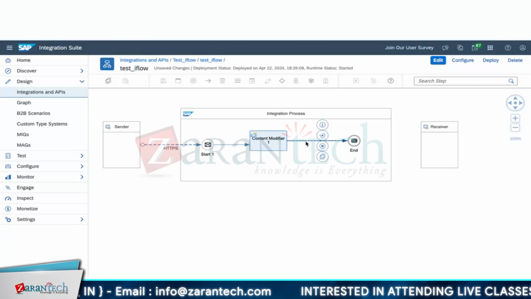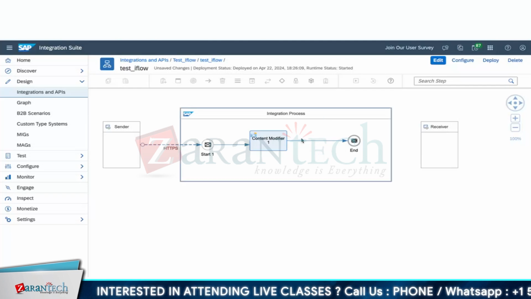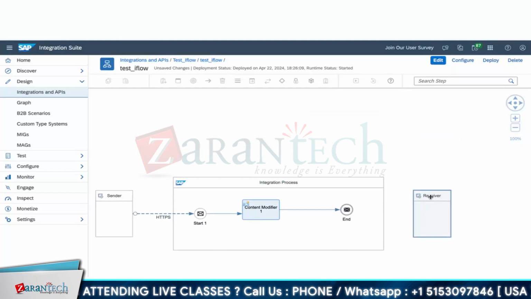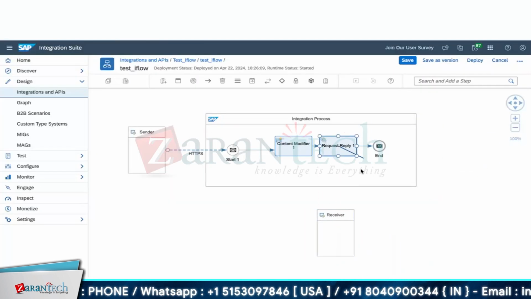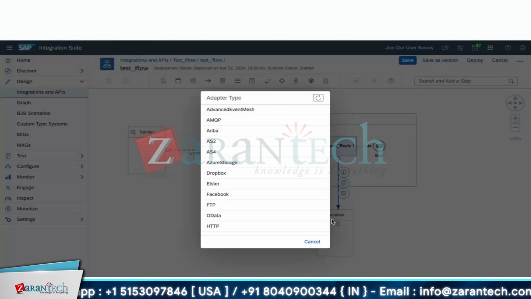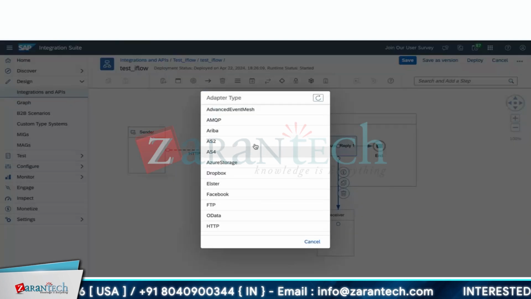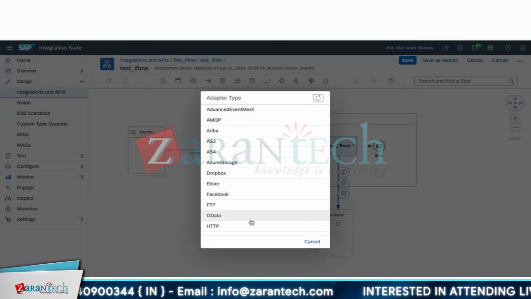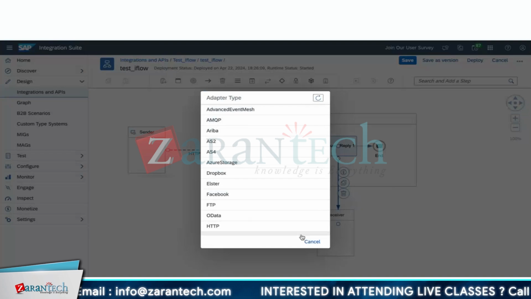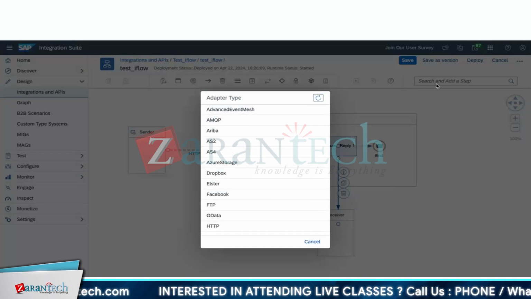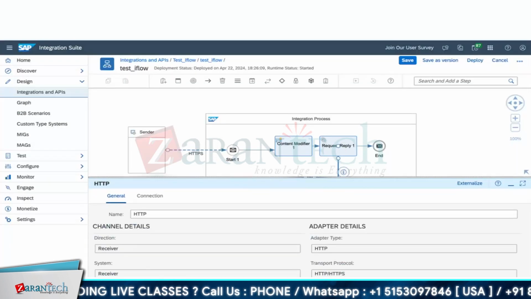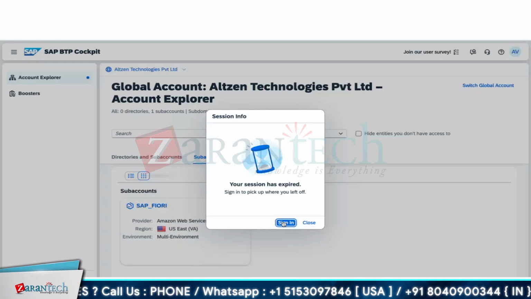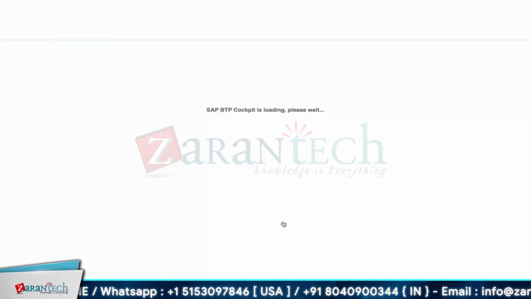Let's take an example. If I want to connect to my S4 system, first and foremost, I need to have a request reply. With this request reply, put HTTPS. In general, we used to have OData v2 and everything. Let me check if it is coming. Okay, let's use the HTTP adapter. Now I can take the configuration of my S4 system from my destination.